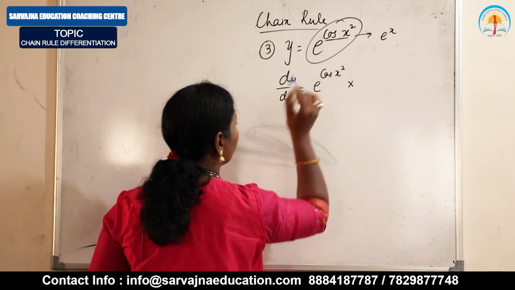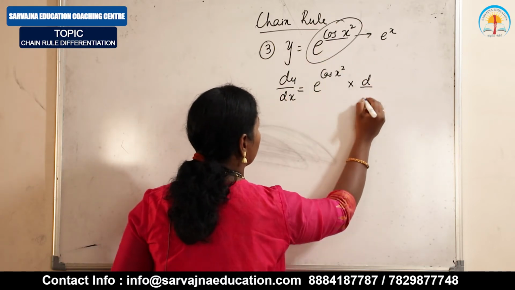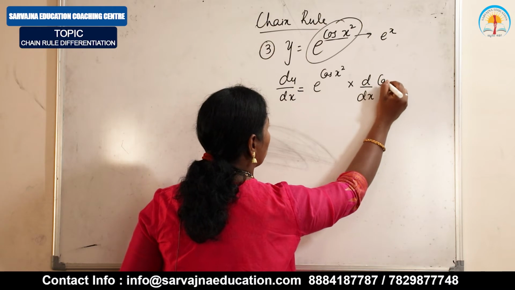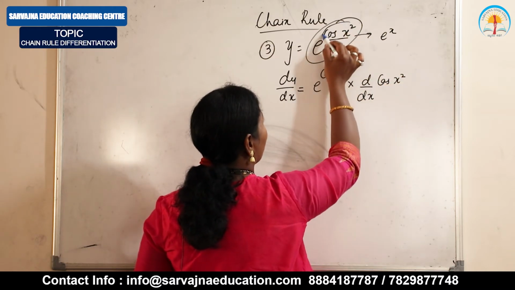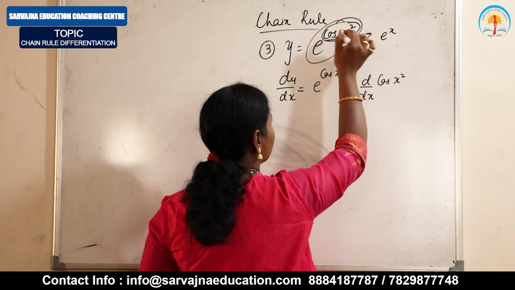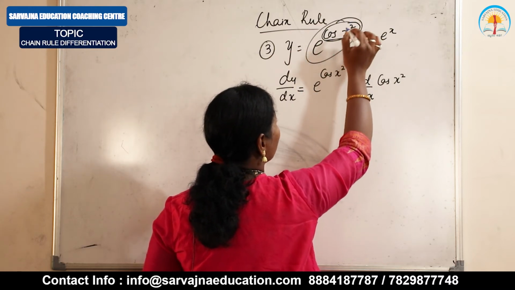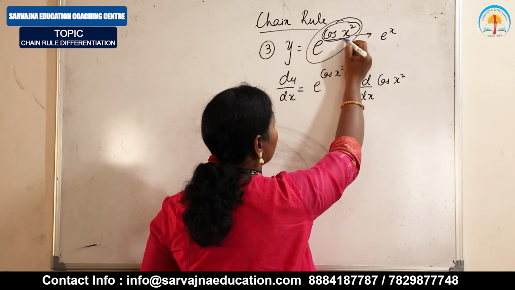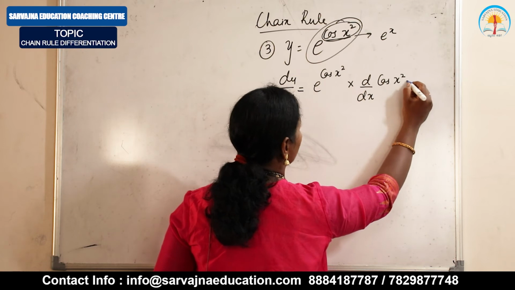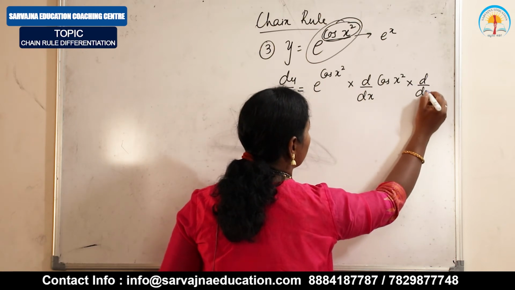What is there that we have to differentiate? d by dx of cos x square. But still it looks like cos x square, correct? It is exactly cos x square, but it looks like cos x. Means in the place of x, x square is there. Again we have to differentiate it. d by dx of